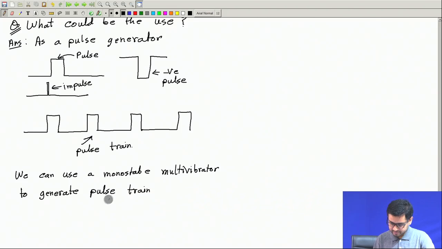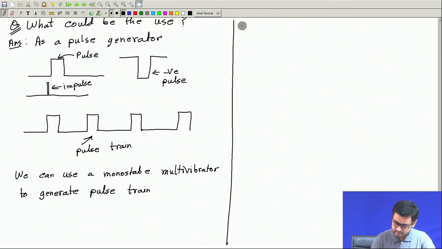How? The scheme is as follows. Let me draw the block diagram. We will take a square wave generator, function generator,